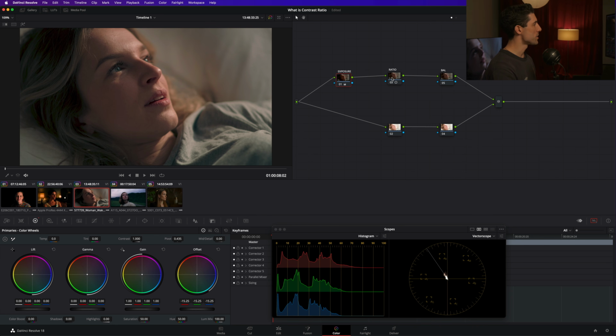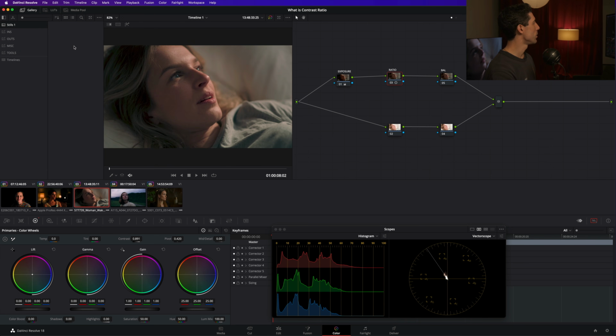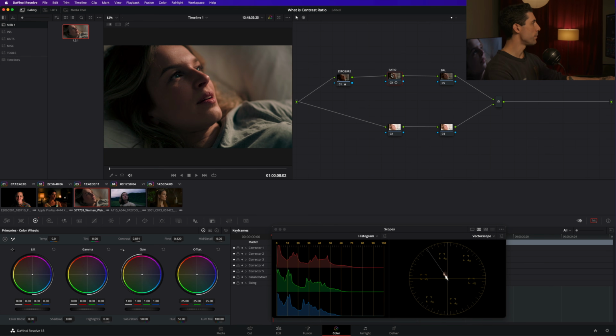And now where do I want to set my contrast ratio in order to set the ratio around that key light? I'm using my contrast and my pivot to do that. So this is really a matter of assessing the original image and then determining where I want to see the image go. And let's just do a quick experiment for a second. I'm going to go to my gallery and grab a still of this, and I'm going to reset my exposure and my ratio nodes